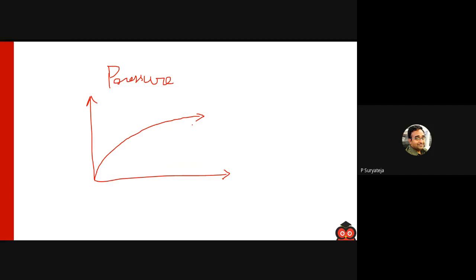And now after some time I am releasing the sensor. That means the pressure will be becoming less. And at that time, let's say the output is like this. So this is while I am applying pressure, and this is while I am removing pressure. At some point of time, let's say after 1 second or 2 seconds, we are taking readings like this. And this thing is called hysteresis error.